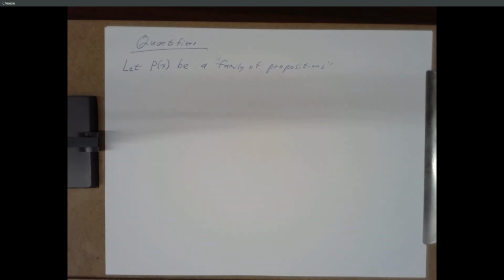For example, P of X could be a proposition about students in this class. And X could take on the identity of any student in this class. And P of X might be the proposition that student X is sitting in one of the first 2 rows. And for any value of X, any student in the class, that proposition would be true or false. Or we could say that X is an integer, and